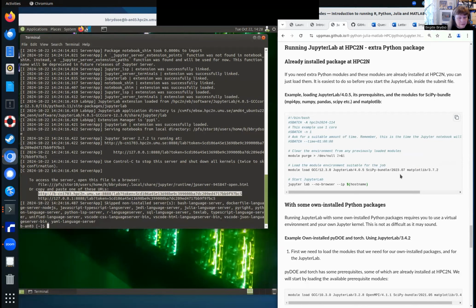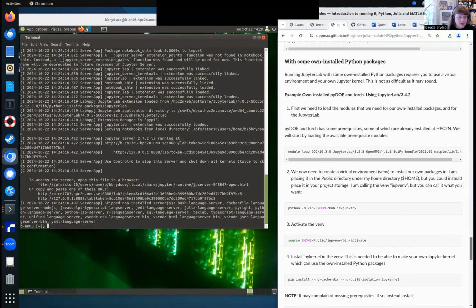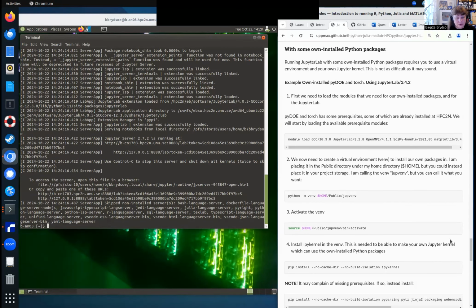And yeah, you just submit it, and you again get an output file that contains something that looks like this, that starts with the host name. Copy that, put it in a file in Firefox or some other browser, and then you can work with it just the same way. If you have Python packages you installed yourself,